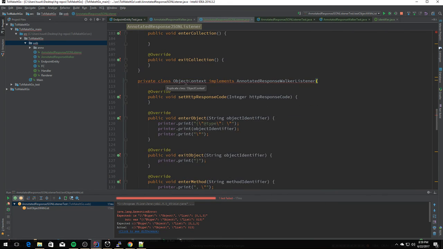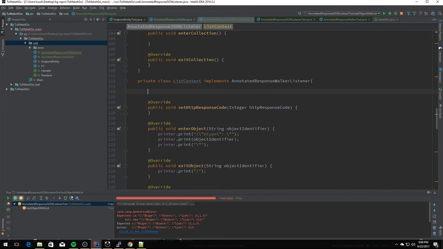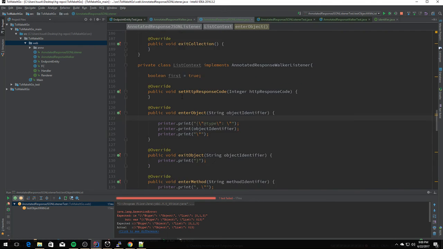I'm gonna call it list context. Okay, so enter object. We still do that. Except there is one difference. Boolean first. And we're going to have